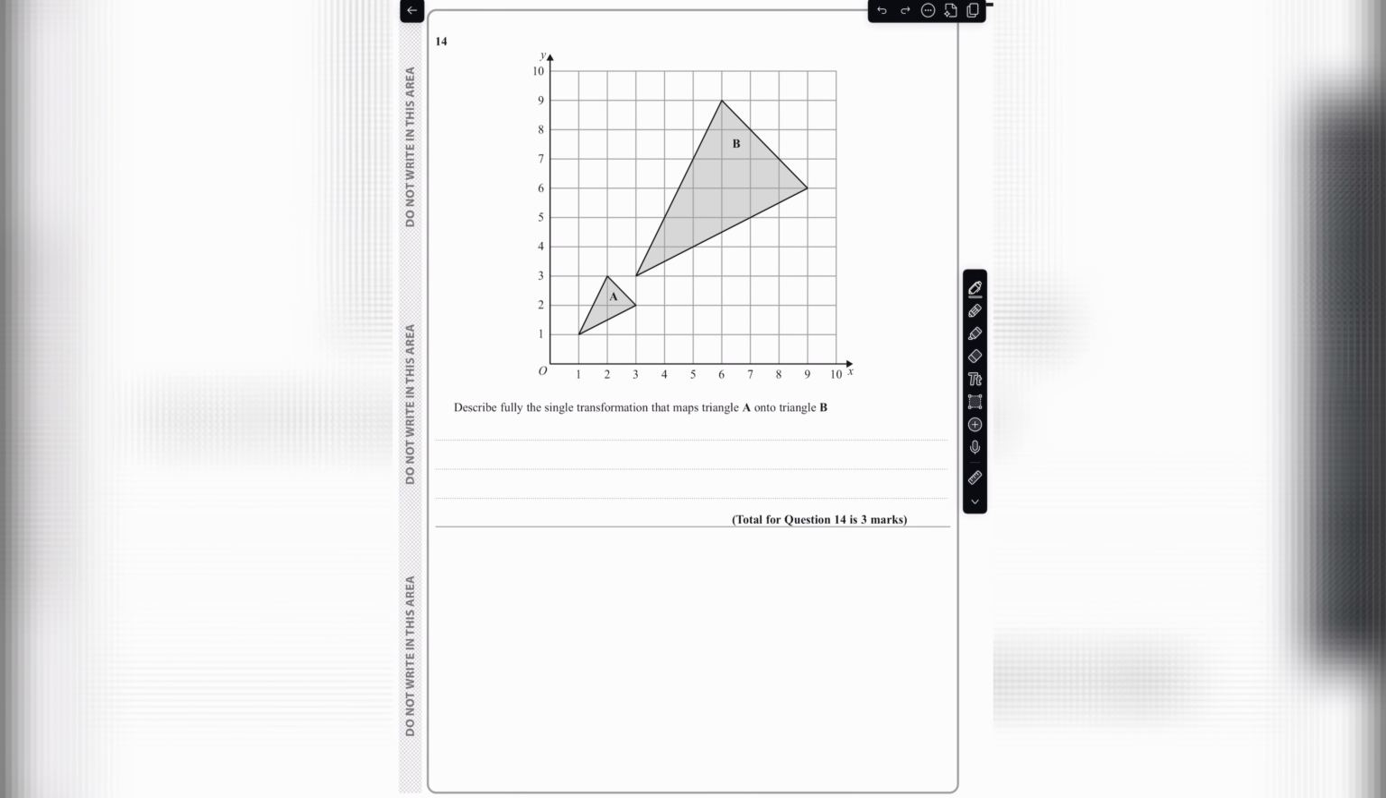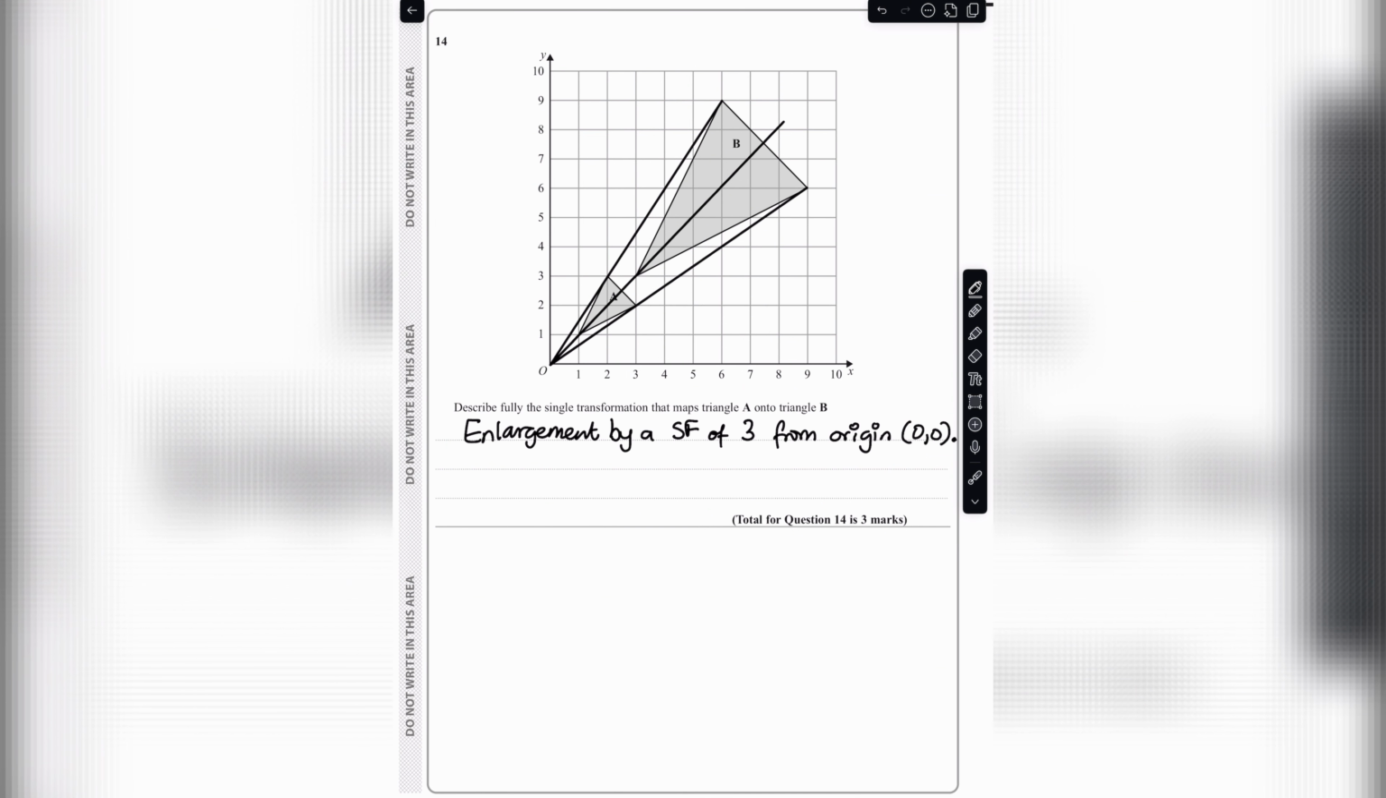In question 14, we are told to describe fully the single transformation that maps triangle A onto triangle B. So if I draw a line from this point to the origin, and I draw another line from this point to the origin, and another line from this point to the origin, we can clearly see that all these lines converge to the origin. To get from the origin to the first vertex, I need to go one to the right and one up, and to get from the origin to this vertex here, I need to go 3 to the right and 3 up. Therefore, the single transformation that maps triangle A onto triangle B is an enlargement by a scale factor of 3